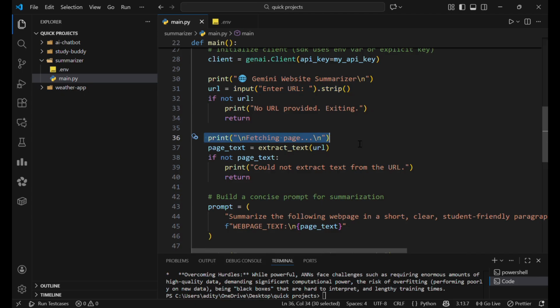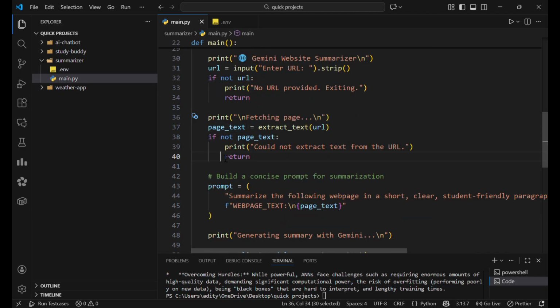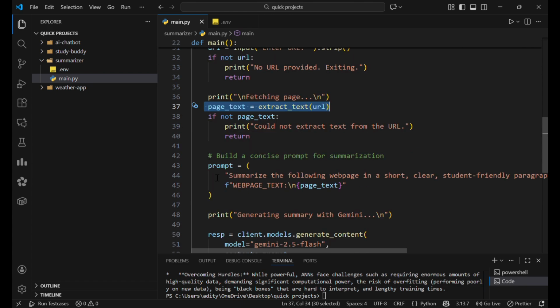Then it will print that it is fetching the page. It will extract the text from the page. If the text is not there, for example if you are trying it on your own website which has no text currently, it will say could not extract any text from the URL. Now after that,